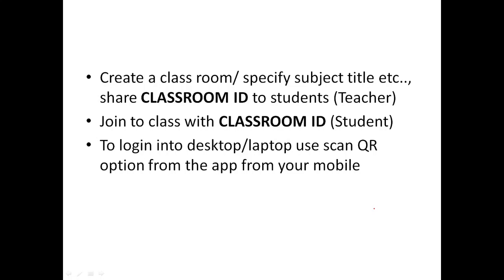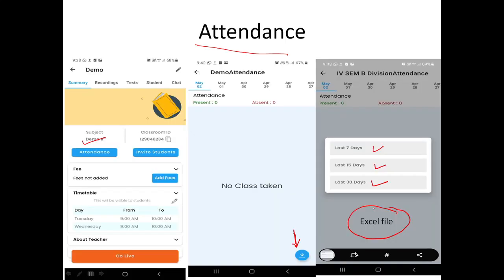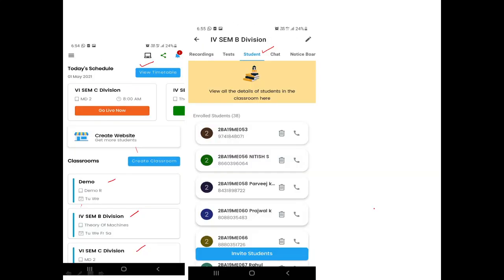To log in on desktop or laptop, you need to use the app from your mobile and scan the QR code here. The QR code is available with this laptop icon. You just click on it, it's going to give a QR code, and you just scan it.